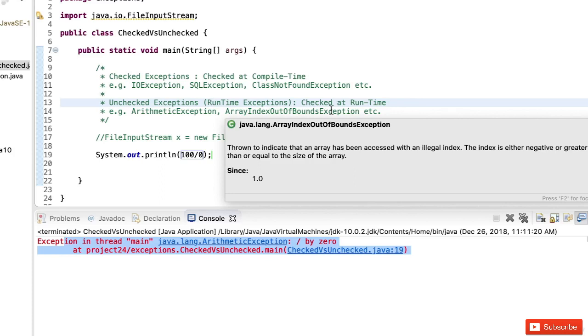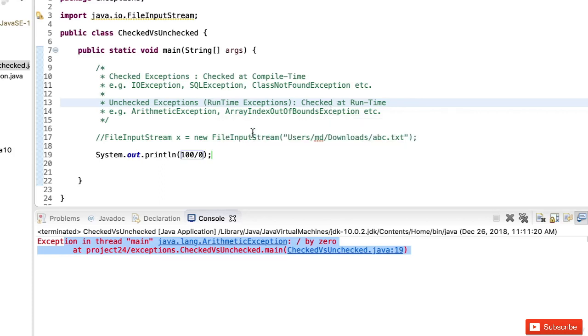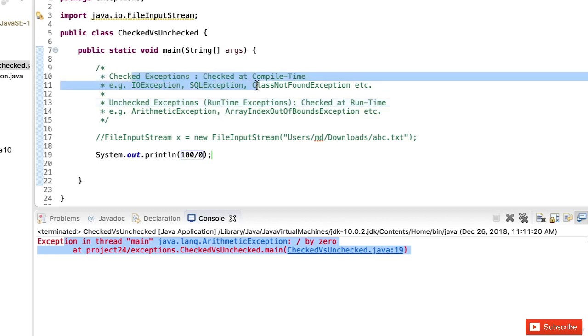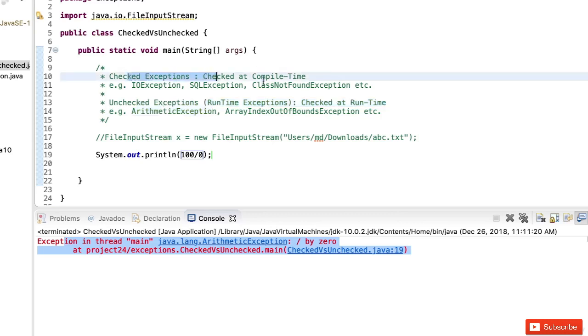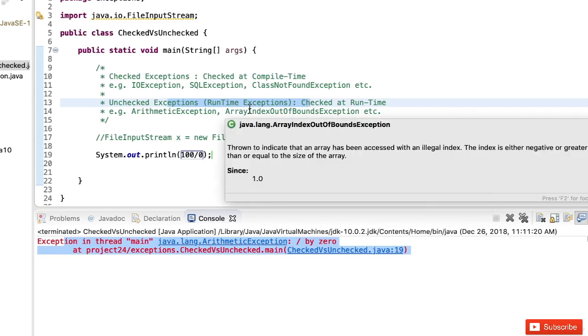Okay, in the next session we'll see how we can handle the exceptions. Now we can handle both checked exceptions and unchecked exceptions in the code, but as a standard practice it is suggested that we should only handle the checked exceptions. Unchecked exceptions are the ones which should be thrown and let the program get terminated. This is according to the people who developed Java, but we will see handling both of them by using the throws declaration or by using the